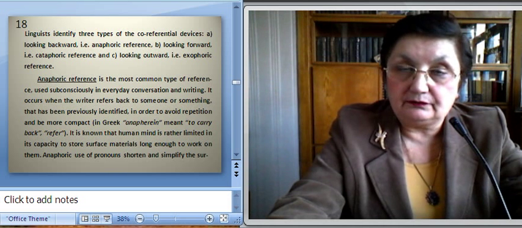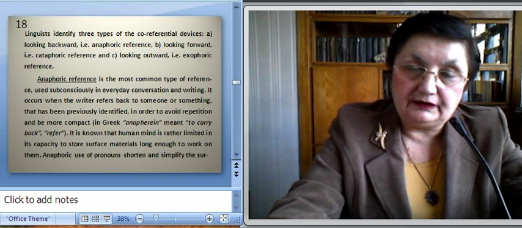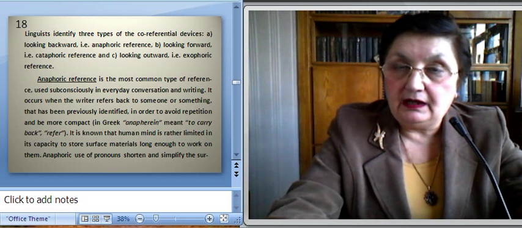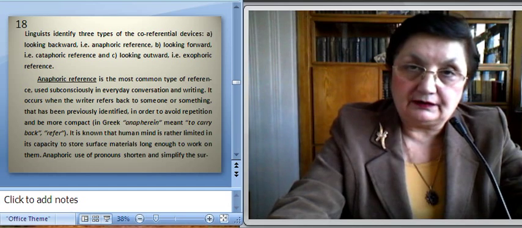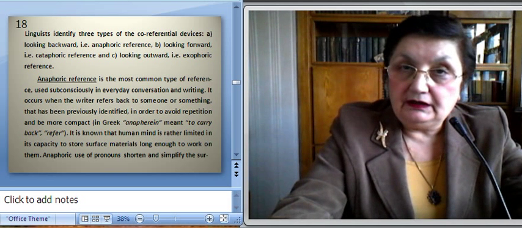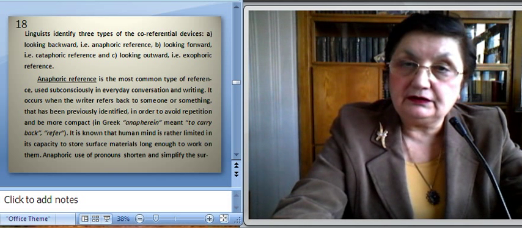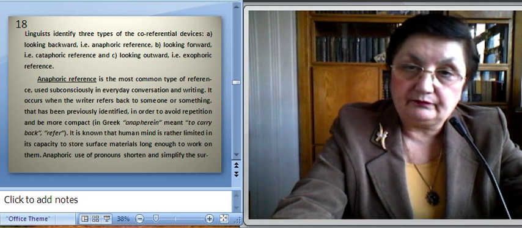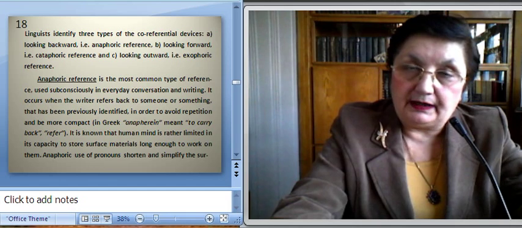Anaphoric reference is the most common type of reference used subconsciously in everyday conversation and writing. It occurs when the writer refers back to someone or something that has been previously identified in order to avoid repetition and be more compact. In Greek, the word anaphorein had the meaning to refer back,